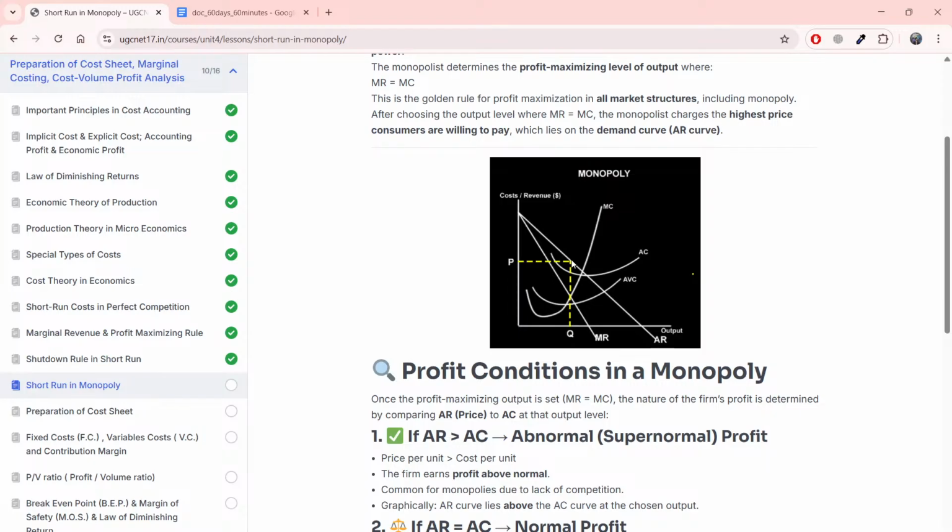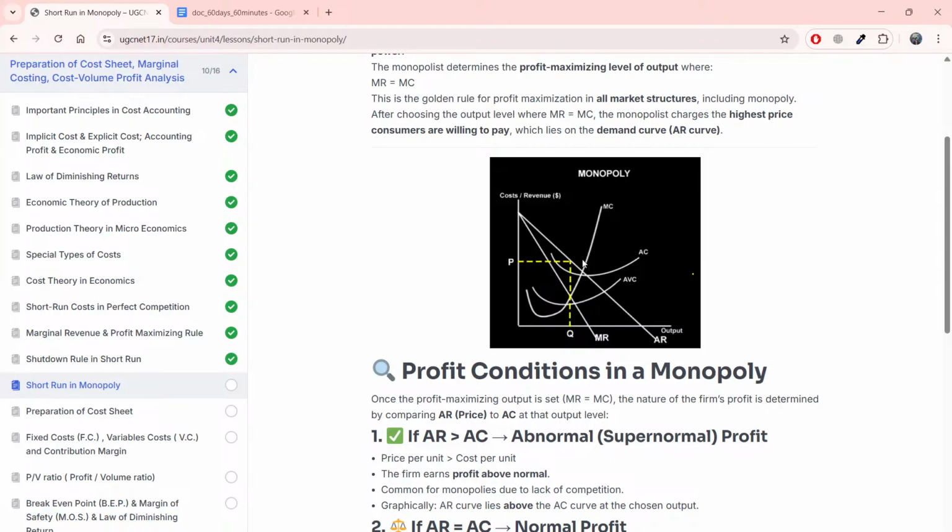If AR is greater than AC, that means supernormal profit. Price per unit is greater than cost per unit. The firm earns profit above normal, common for monopolies due to lack of competition. If AR is equal to AC,